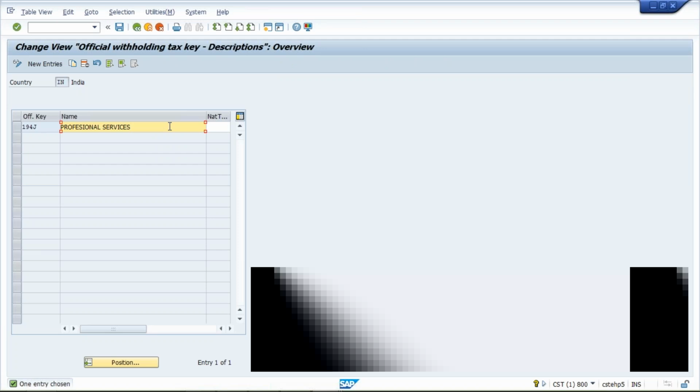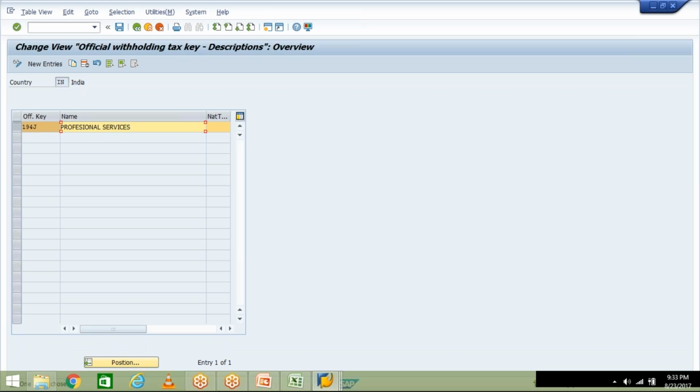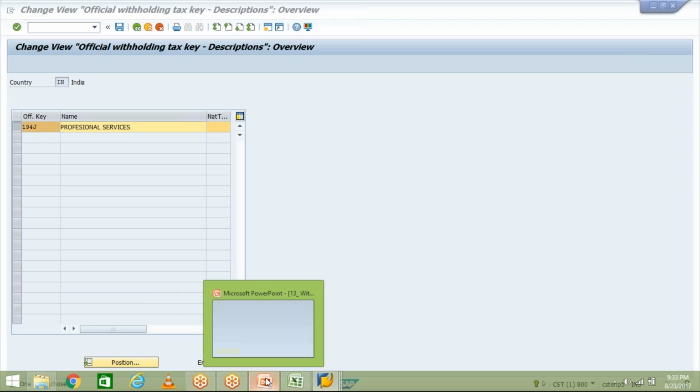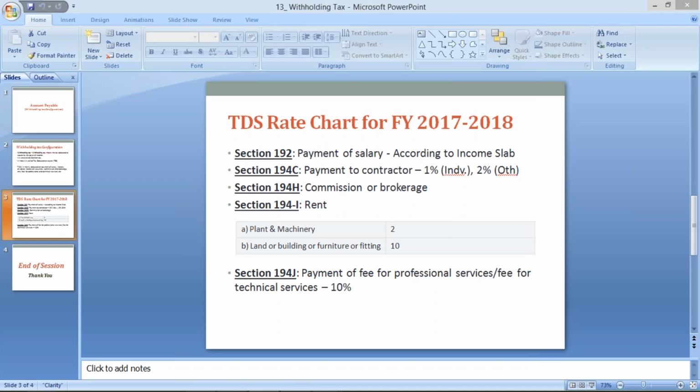And then what is happening here? This is already created by me. Here we are going to give whatever the tax key. Tax key is nothing but the sections which I have specified here: Section 192, 194C, 194H, 194I, whatever sections are applicable for the organization.